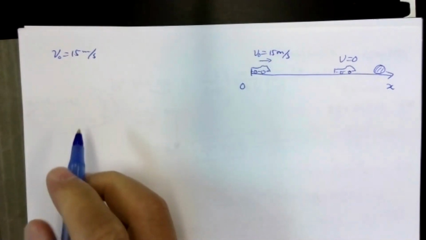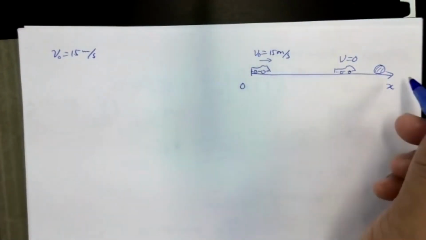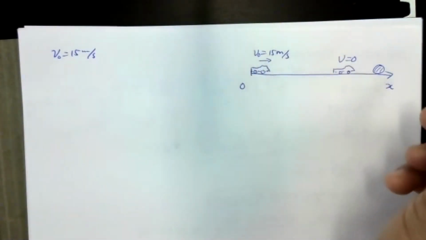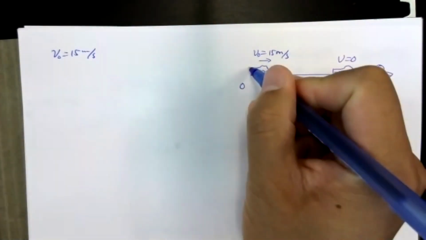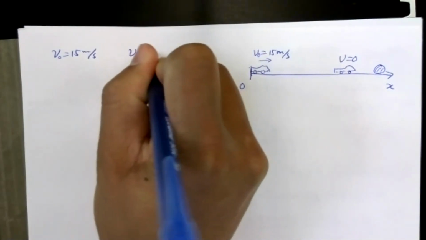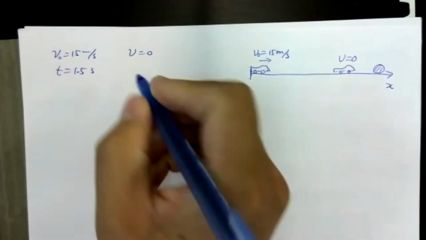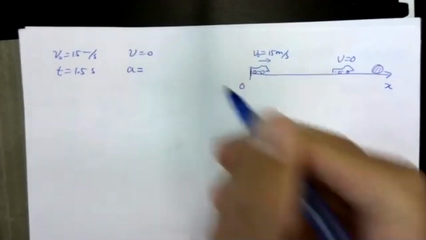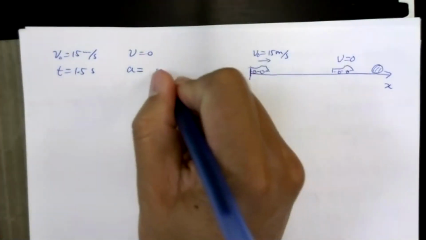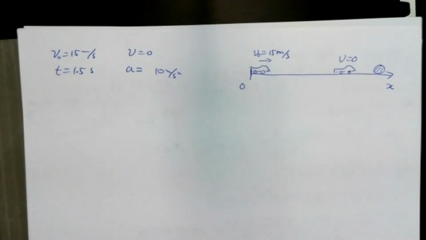Now, again, it just has to do with which direction you choose to be positive, okay? The car is going in that direction, so it's most convenient to take that direction to be positive, okay? And then final, because you come to a stop, the time it takes is 1.5 seconds. Your deceleration is 10 meters per second squared, okay? So in this case then,